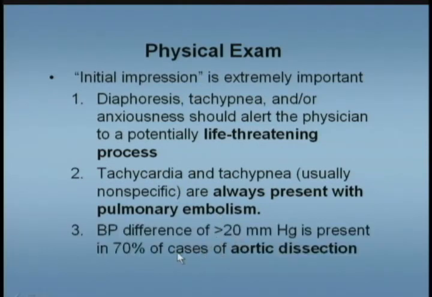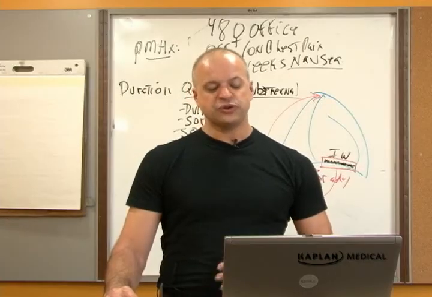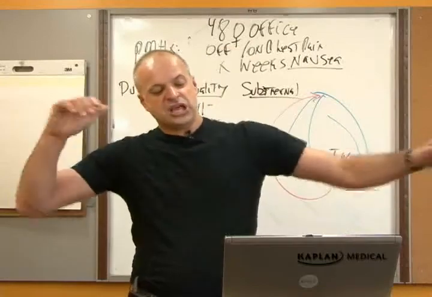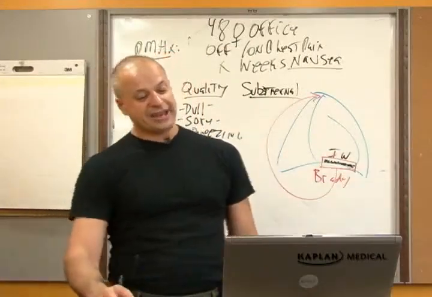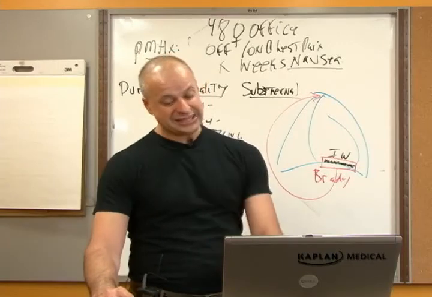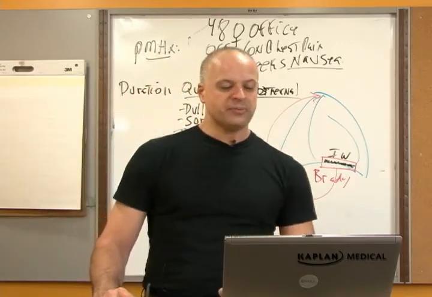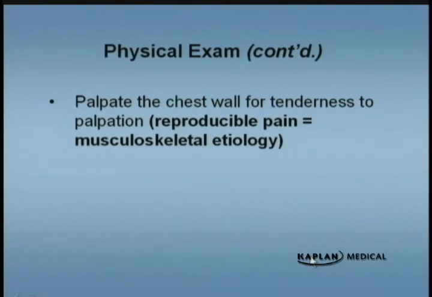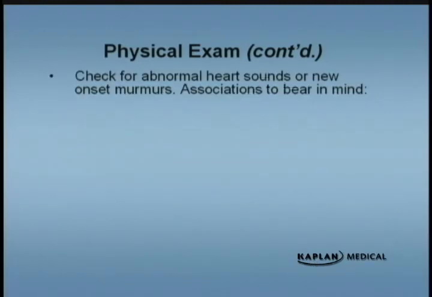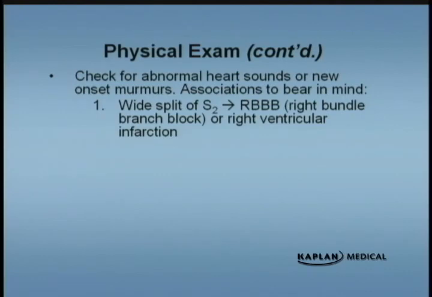Now, what would be useful in the physical exam is the fact that if you have a difference in blood pressure between your arms, that is indicative of aortic dissection, and that is useful. Now, remember that palpating the pain, the chest pain, means not ischemic in nature. Now, the murmurs and auscultation. Remember that the most common physical finding of the heart in a myocardial infarction, the most common physical